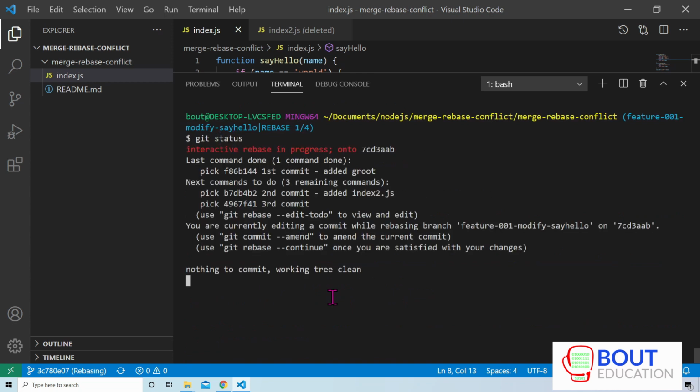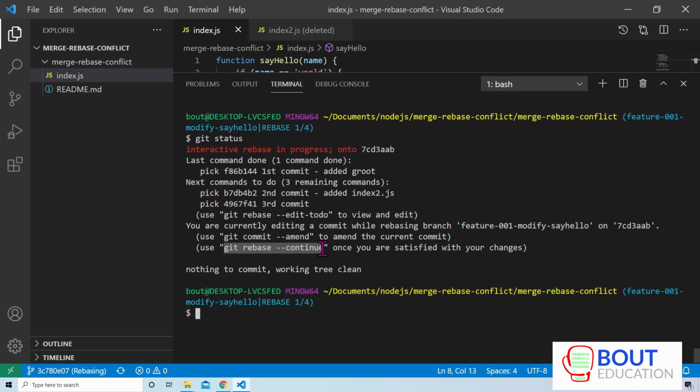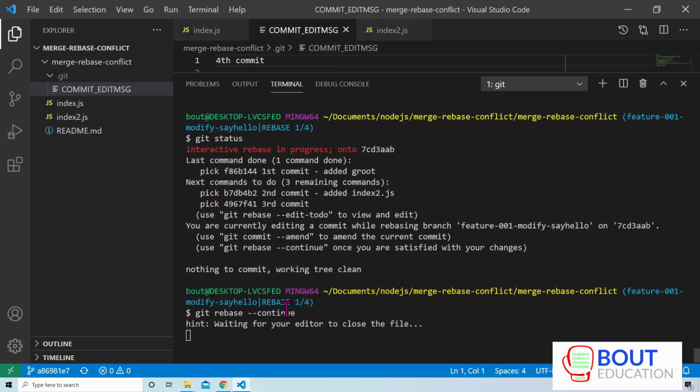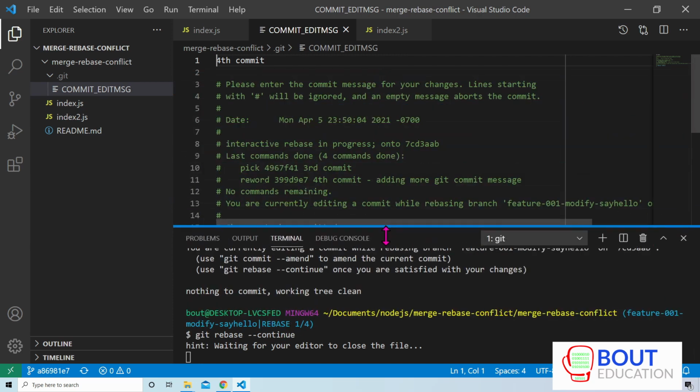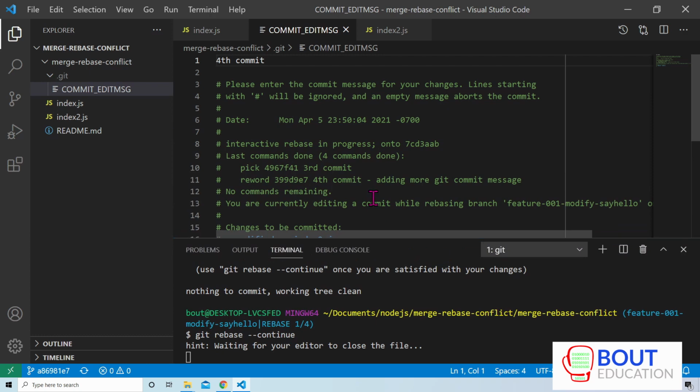So to reiterate, you can use this command, git rebase --continue, to continue to your next commit in line, which is, if you see right here, it's this one. So run git rebase --continue to move on to the next commit. And as you can see, it actually played commits 2, 3, and 4 without any issues because there were no merge conflicts, and it's able to do it automatically. Once that's all done,